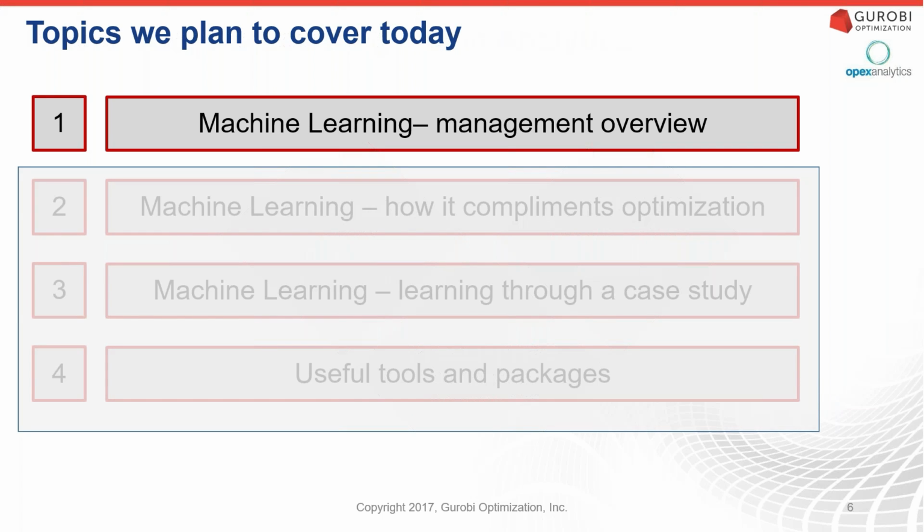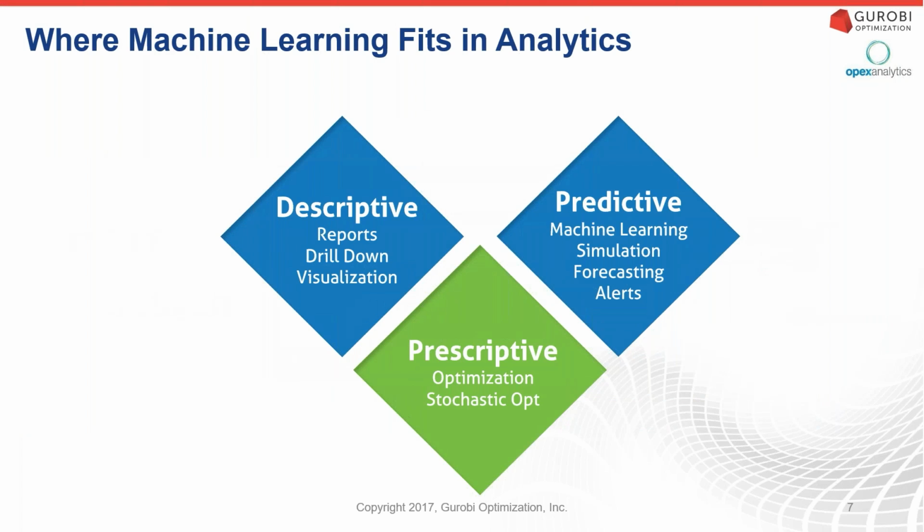So the first thing I'm going to start with is a management overview of machine learning. I like to use this to help explain what machine learning is to new users, also to highlight some cases and interests of why machine learning might be interesting. The other thing to think about is that machine learning is something you want to be able to explain to your colleagues, the people who are making decisions, sort of why you're integrating this, why it's interesting, and some of the new things that you can do to open up some of the art of the possible in terms of breaking new ground.